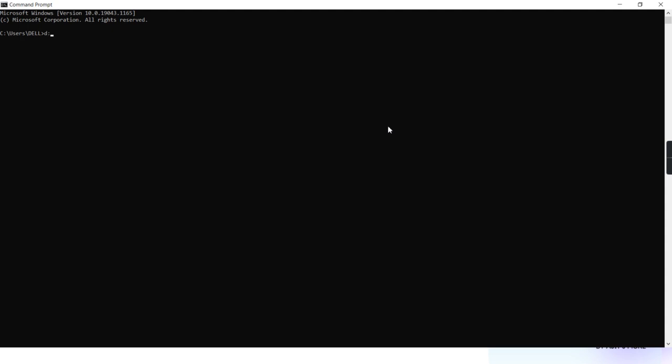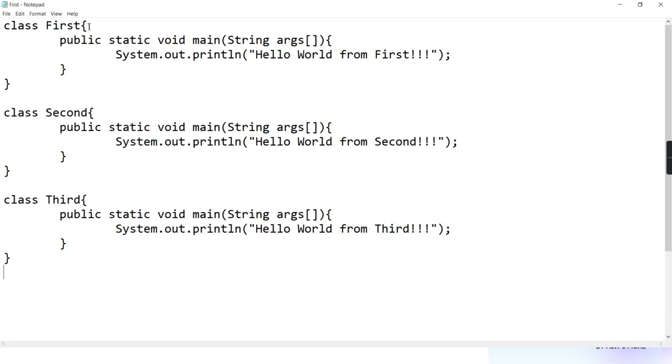I'll go to the d: drive, and then we have created one ty2122 folder in which I have saved that file. Now I'll write javac first.java, enter. It is compiled.